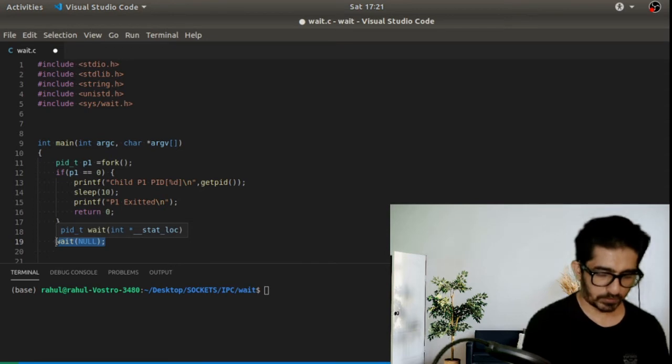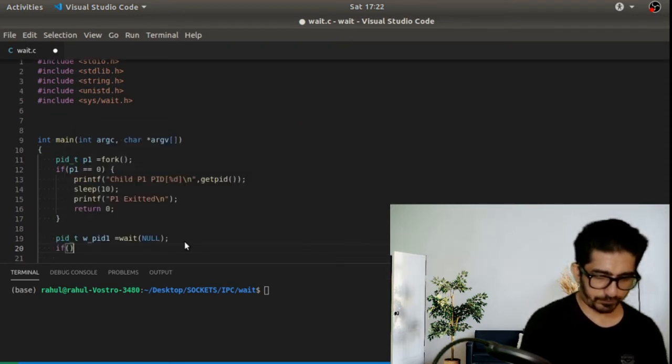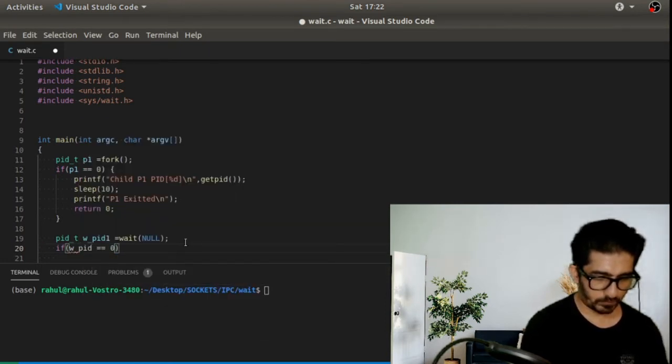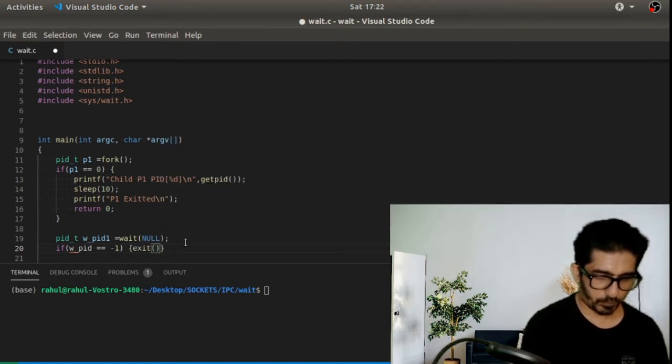So let's have this pid_t wpid1. If wpid1 is equal to -1, then we can exit the process.